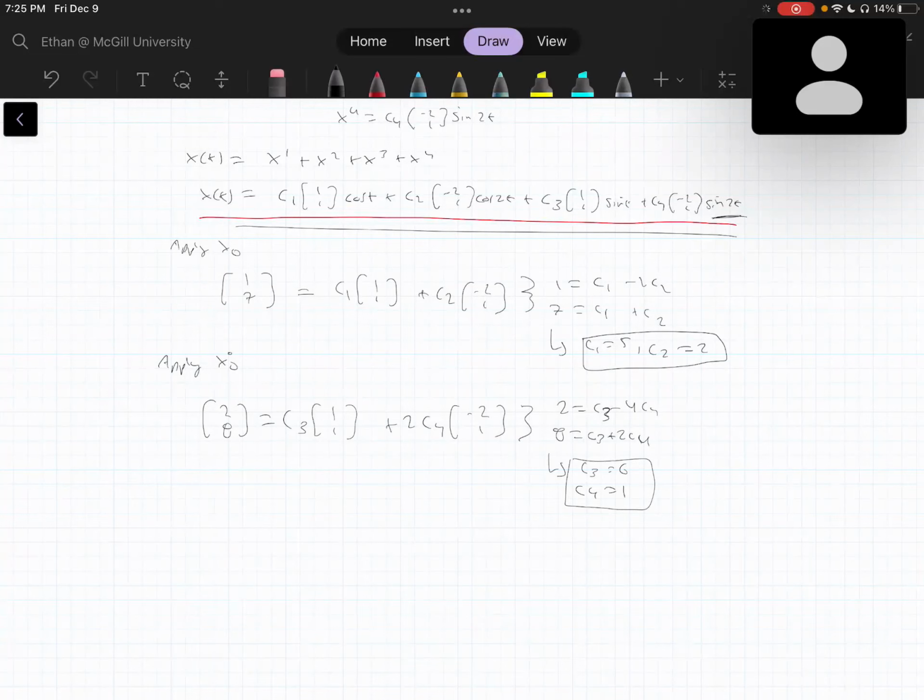And we want to actually express it as the individual displacements. So we'll just take the first row and express it as x1 of t. That's going to be 5 cos t minus 4 cos 2t plus 6 sine t minus 2